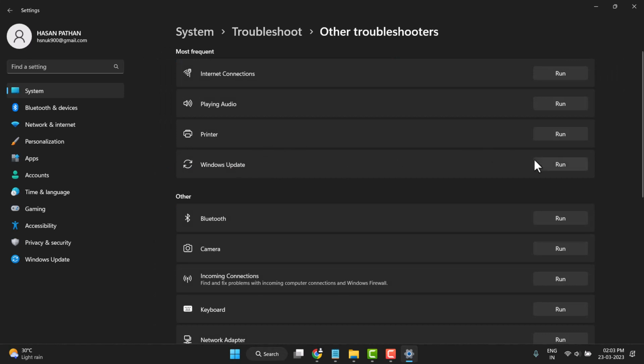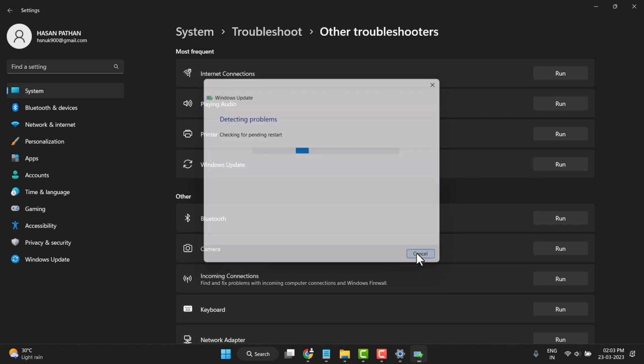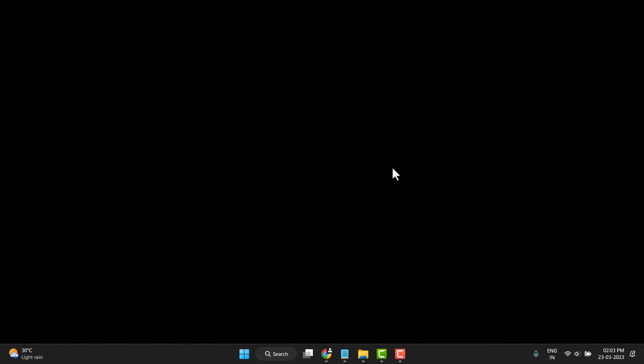Now for Windows Update, click on run. Wait a few minutes until this process is complete. When this process is complete, close it and